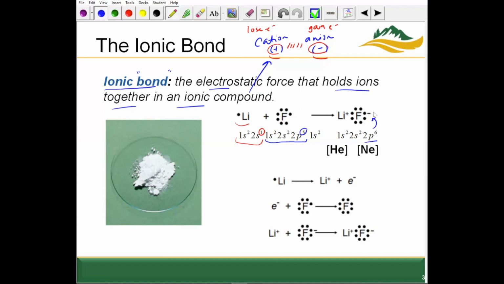And technically this is fluoride now because it's the negative form, the anion form, so we change that ending to -ide. Then this 1s2 represents what's left over for lithium. When it gave up this one electron to fluorine, all that's left for lithium as a cation is just 1s2. So lithium would normally have 3 electrons, so we see here 2 electrons and a third. When it gives up that one electron to fluorine for fluorine to become fluoride, all that's left is 2 electrons